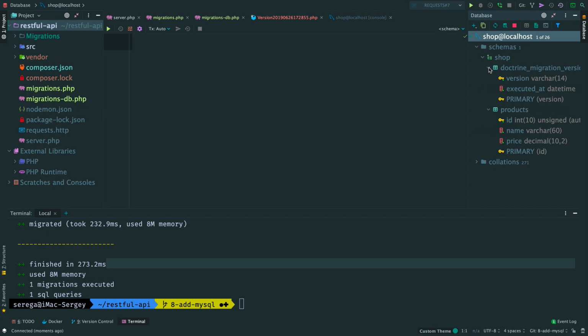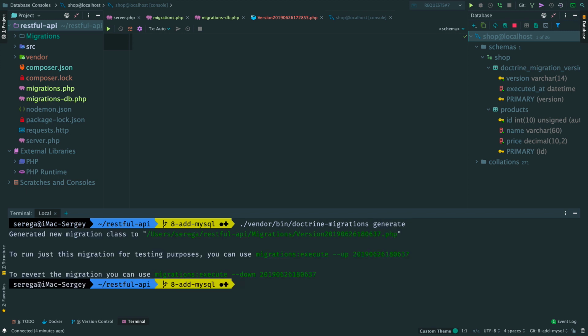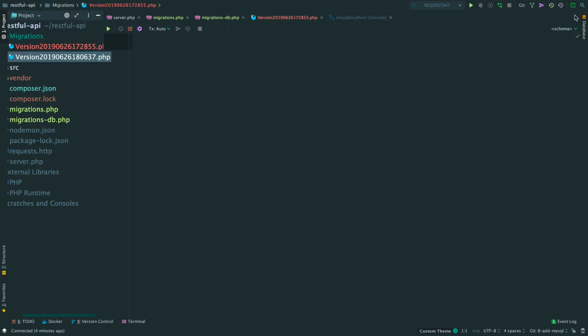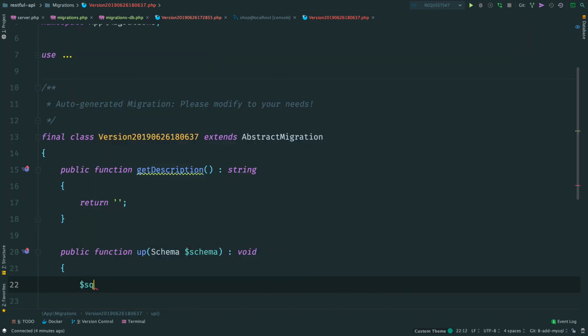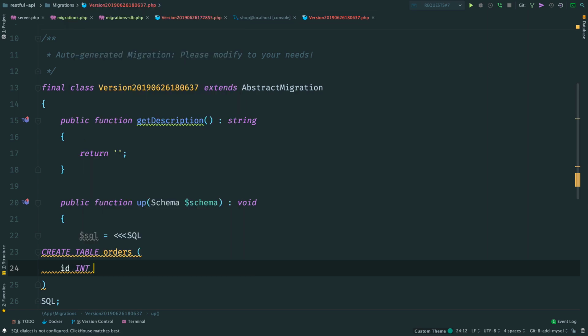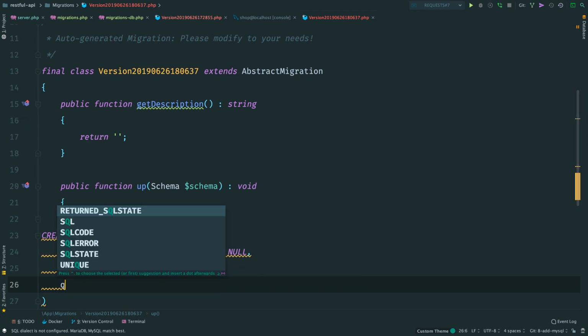Let's add one more table for orders. Again, run doctrine-migrations generate to create a new migration. Open the new migration class and add SQL queries. Create table orders. We have an ID, a product ID, and a quantity.